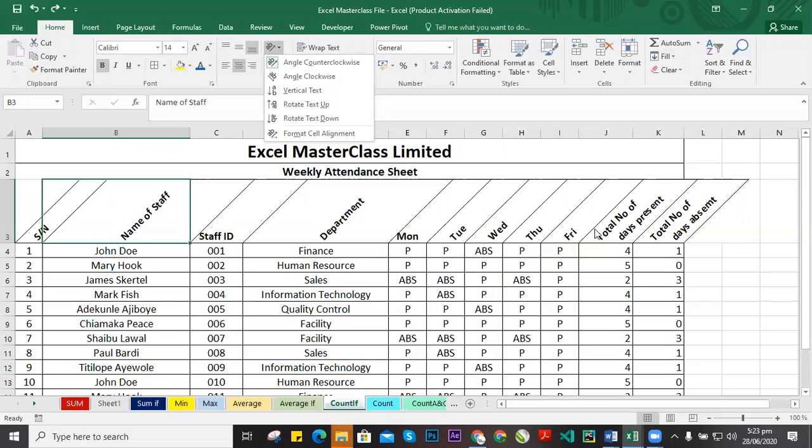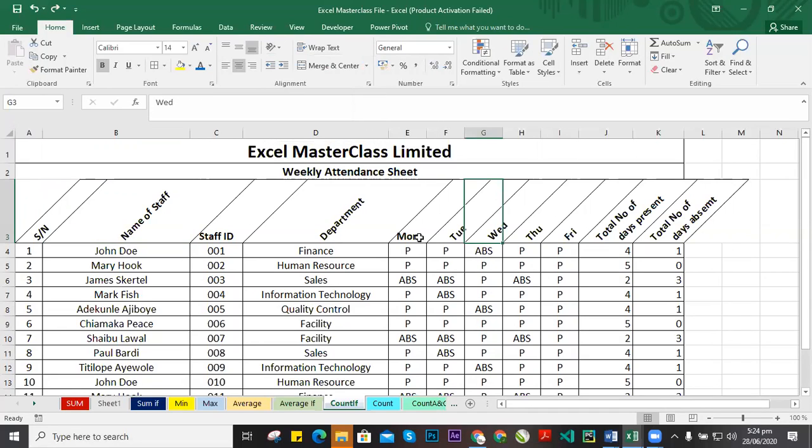format the cells. So anything you think, anyhow you want your worksheet to look like, based on the settings that we have here, you could use those options and set those formatting. So that is for alignment. That's that for alignment. So we'll quickly move to